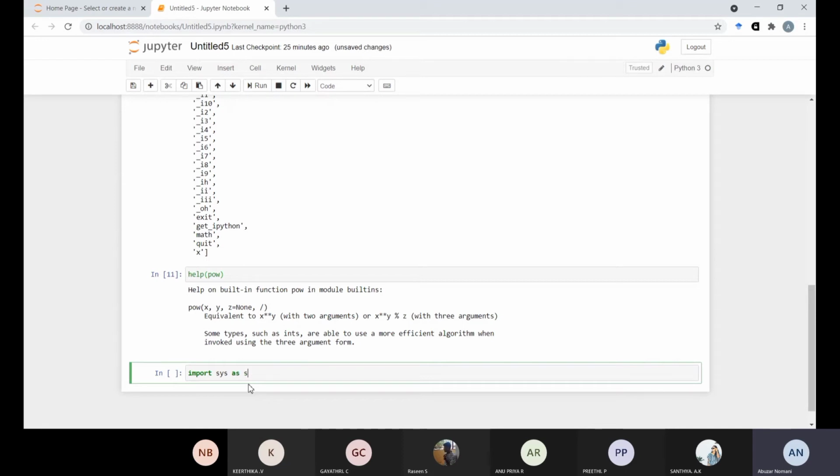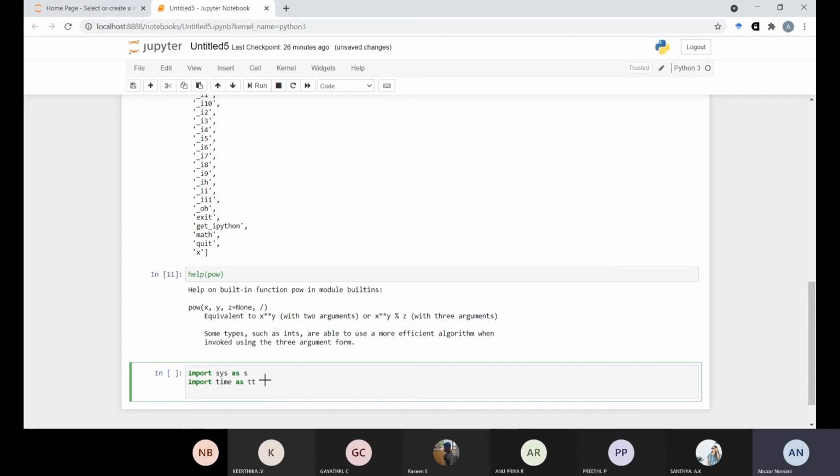If you run this, the sys package will be installed, and instead of using sys, you can just write s the next time. One more package I want to install is import time as tt. So instead of writing time, you can only write tt.